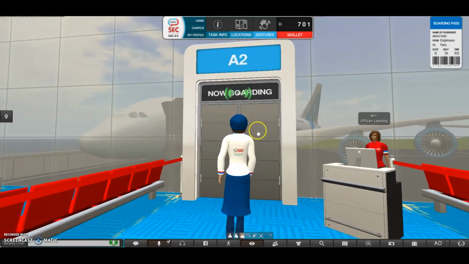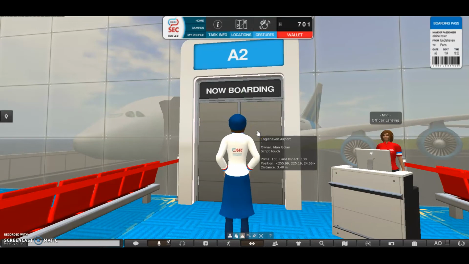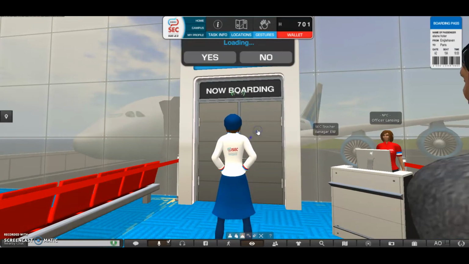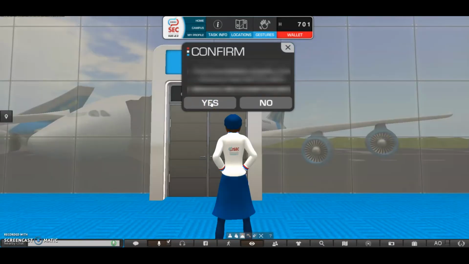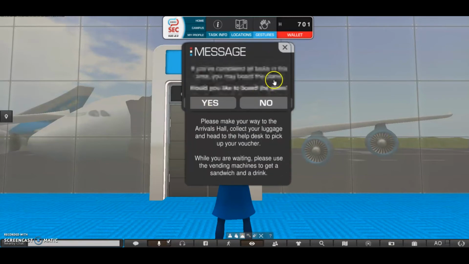So you board the flight by clicking here. And my partner will come with me so we can show you the teacher's exercise. And we confirm that we really do want to board the flight. And we come to the other side,